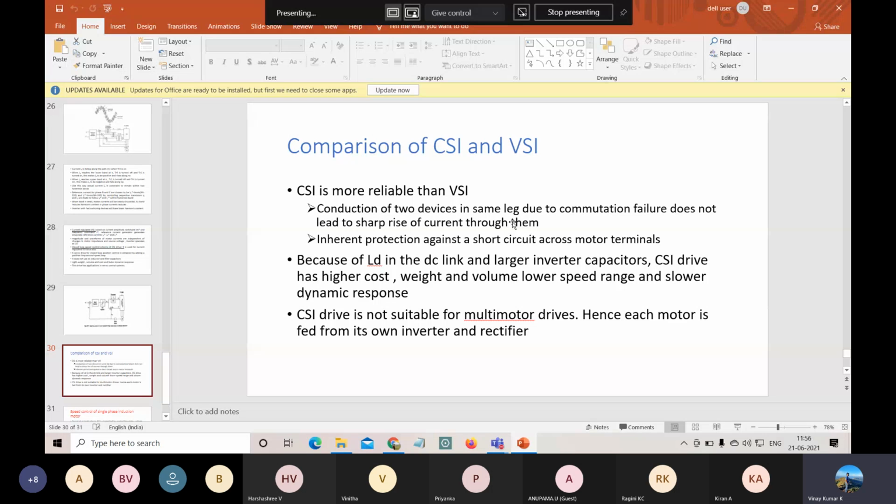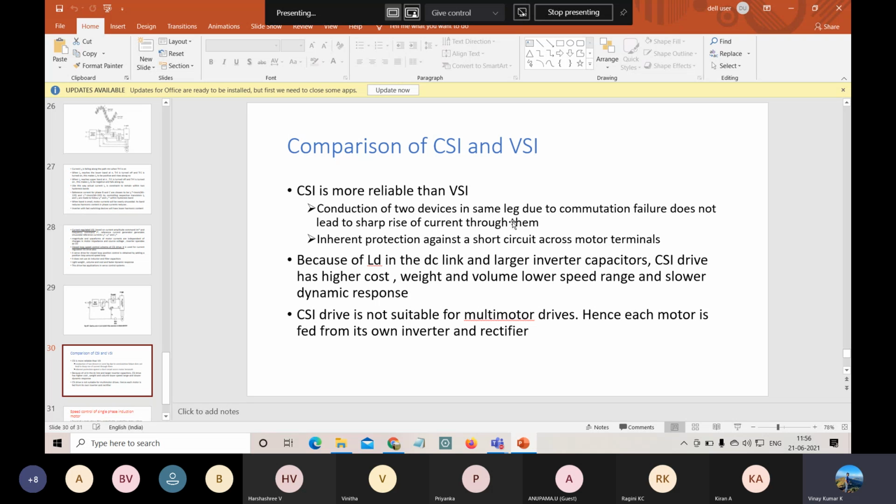Okay, and the next thing is the weight of the circuit. As I told you, there is the leakage inductance LD in the DC link and the larger inverter capacitors. These are very essential in the DC link.